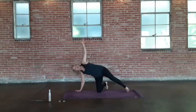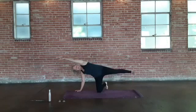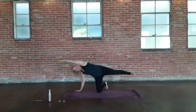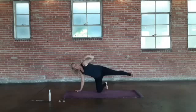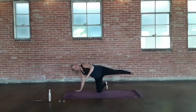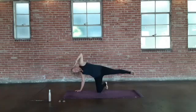Inhale your left arm up and over, so the eye of the elbow is by your left ear. You could reach and elevate that leg, feeling the balance, feeling the earth below you. Again, I'm applying all the tools that I have been teaching you over the last 2 sessions. Pressing down with the pads of the fingertips. Feeling the earth, spreading my fingers apart, spreading my toes apart, distributing the energy evenly, breathing into the whole side